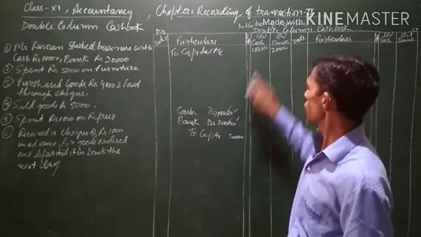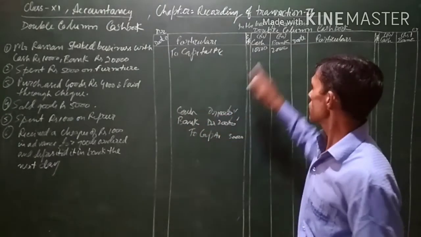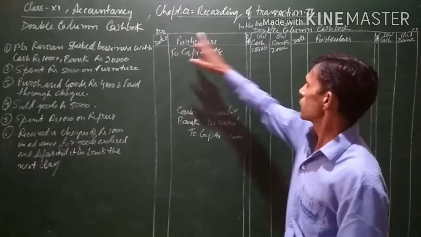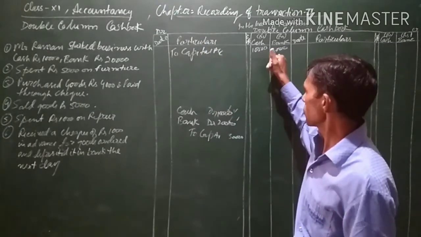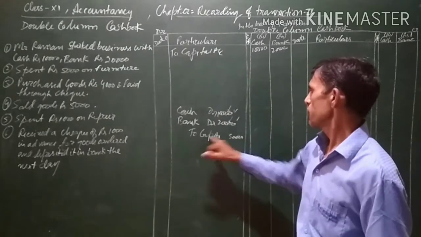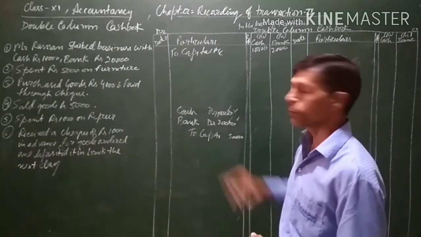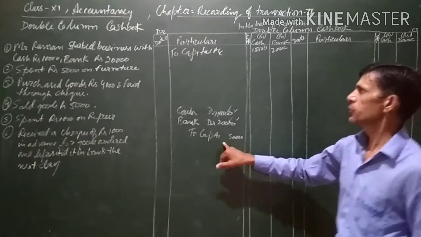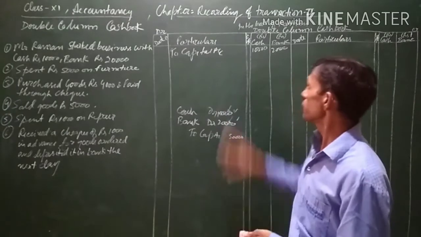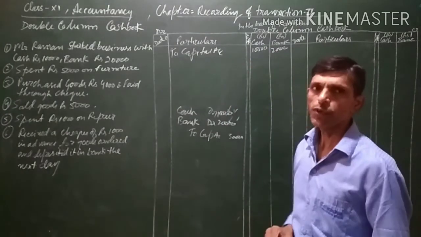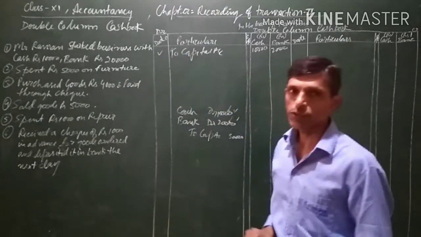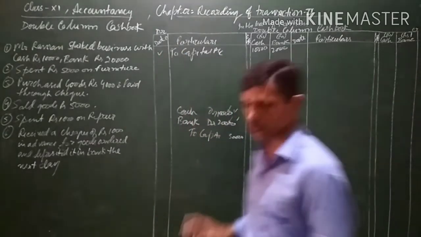Since cash and bank are being debited, the cash and bank columns will be on the debit side. We will write 10,000 and 20,000 in the cash and bank columns, and this amount is coming in the form of capital, so the capital account is credited. When we prepare the capital account, it will be credited, but here on the debit side of the cash book we will write 'To Capital Account', because these two amounts are coming in the form of capital. So this is the entry. Since the date is not given, we will leave the date column blank, but it should be written also.